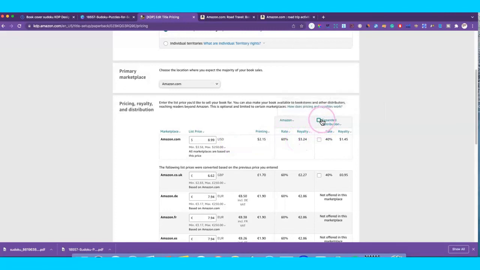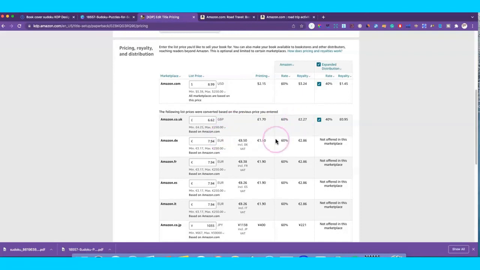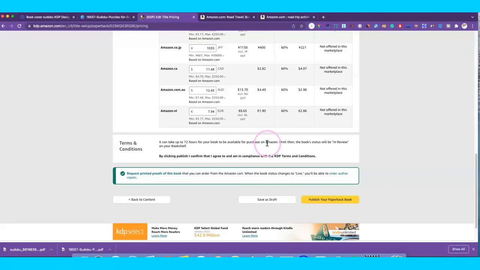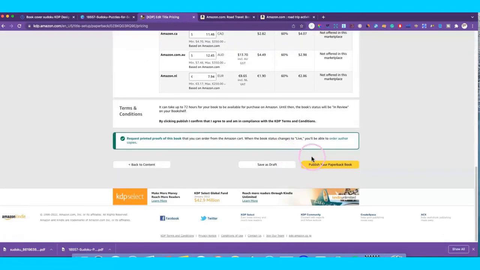You can do expanded distribution. And for this, you click on that and it'll show you what the royalty would be for that. And you click on here and it just shows you that large book distributors can make your title available to other online retailers, libraries, universities, and booksellers beyond Amazon. So I always click that just to give my books the best chance of selling. And then here it gives you the royalties if someone were to purchase it from a different country. And that's it. You would click on Publish a Paperback Book, which I'm not doing because then it would be